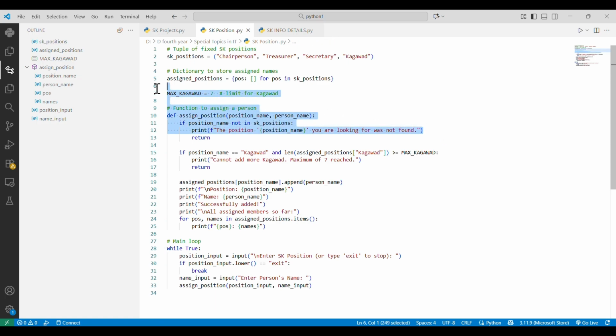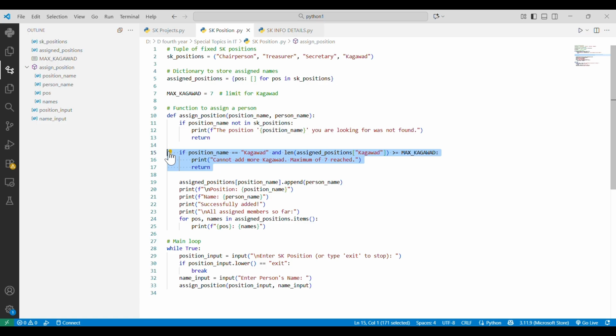Next, we have the function to assign the position, wherein it checks if the input position exists in the tuple. If it does not exist, it prints that the position you are looking for was not found. Next, it checks if the position is Kagawad and if 7 members are already assigned. If yes, it prevents adding more.